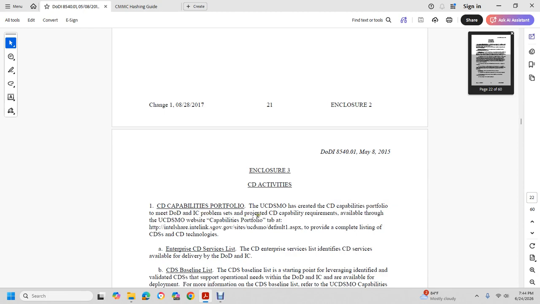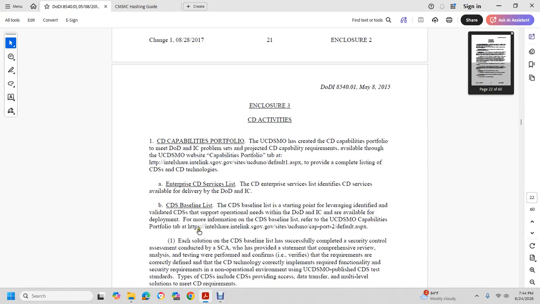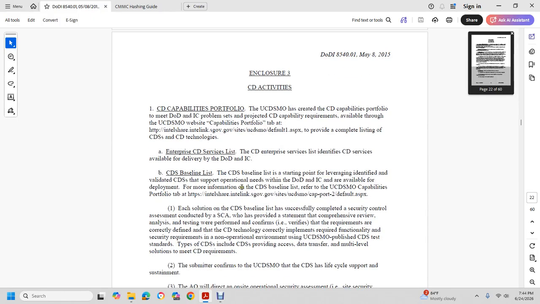information command problems, projected cross-domain capability requirements available through the cross-domain solution MO capability portfolio, Intel share, Interlink, SCAL. The ECD SMO is the default complete listing of cross-domain solutions and cross-domain services, with the cross-domain enterprise service list, with the cross-domain service available to deliver to the DoD with the information command and cross-domain solutions, the cross-domain baseline starting point,